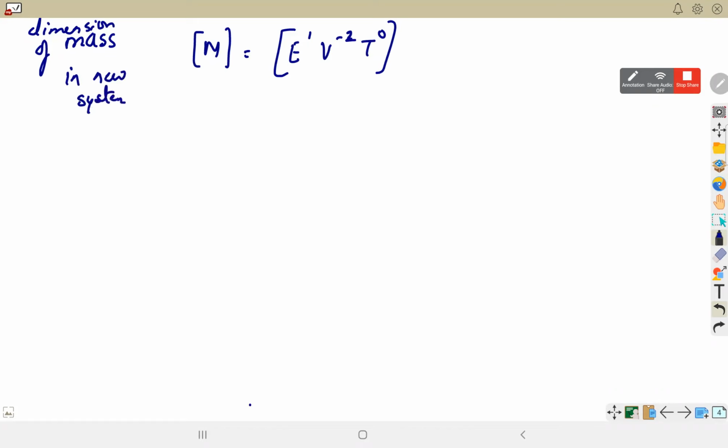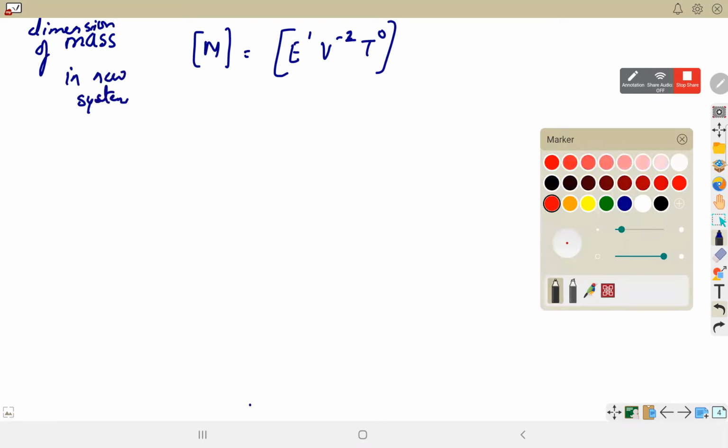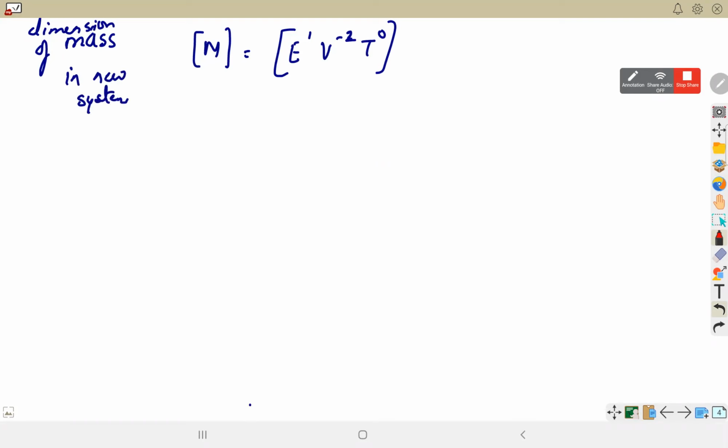This question was again asked in NEET, नीट में फोर्स वेलोसिटी टाइम का था और जेई में एनर्जी वेलोसिटी टाइम, exactly same question. So obviously these questions are quite easy and luckily every year there will be one such question, belonging to dimension analysis from the first chapter. So the rest of the questions I am giving you as homework, right?